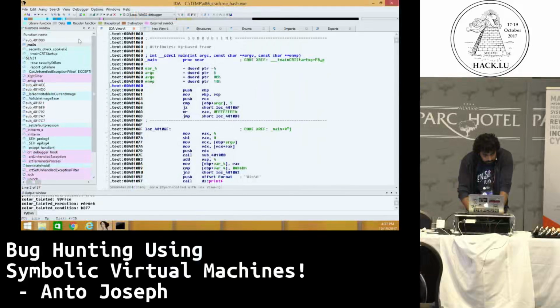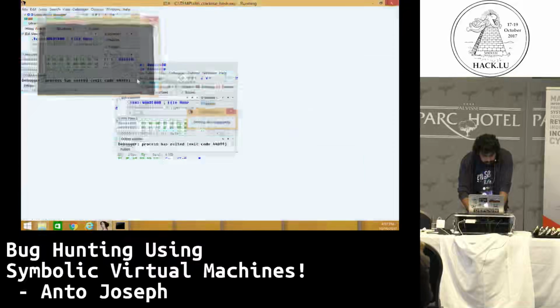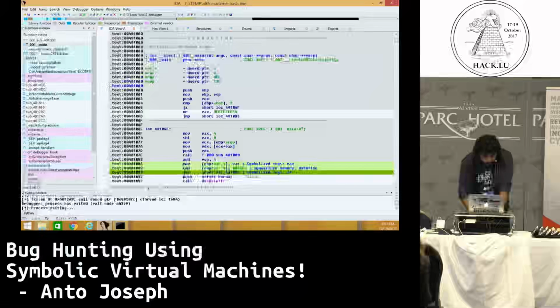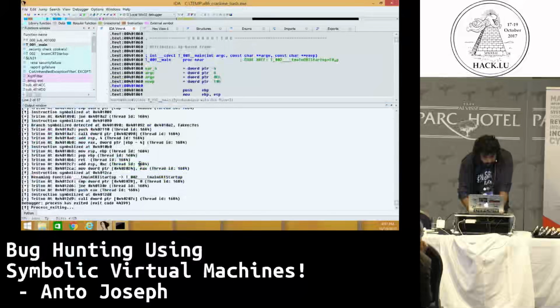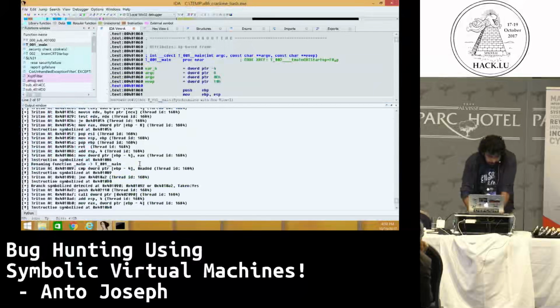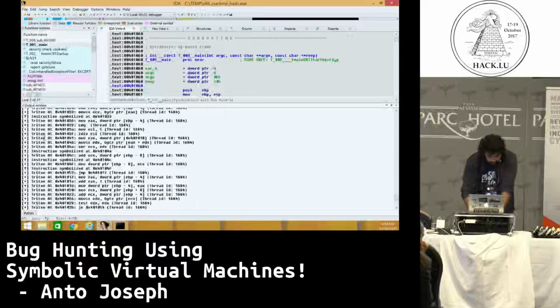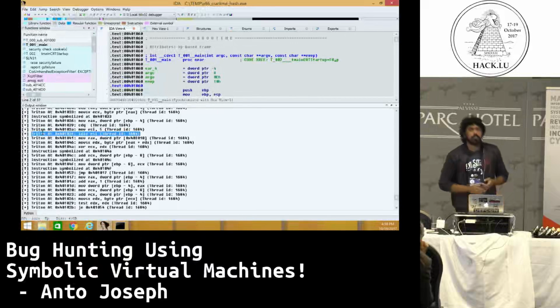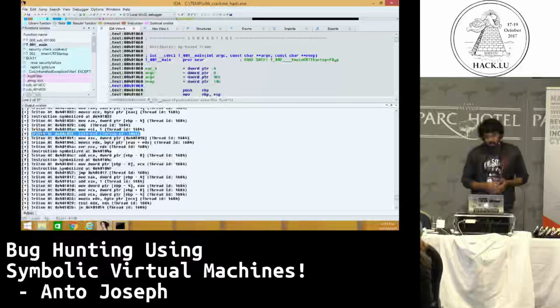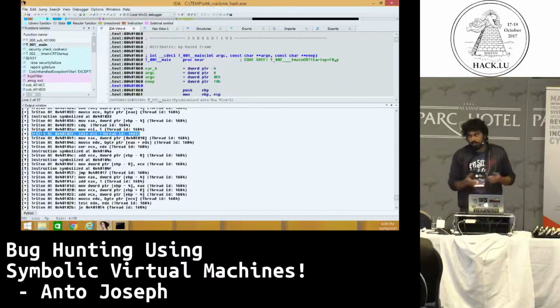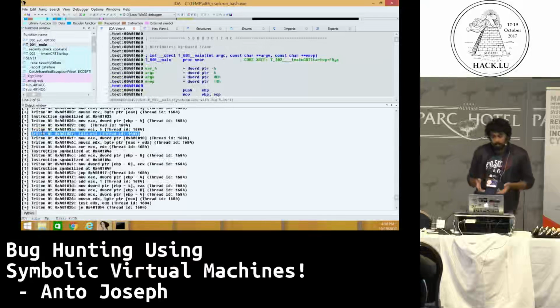And click OK. Now run the debugger again. And if you see right now, there is a lot of execution that's happening right here. So Triton is another symbolic execution framework, which is really good at this. The module developers actually use Triton to solve this particular program.